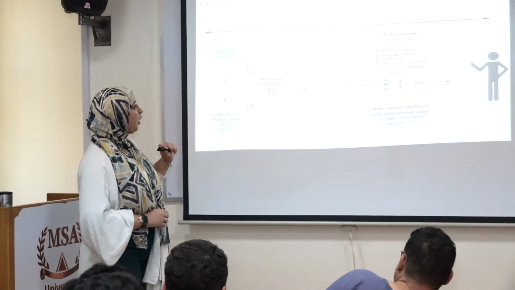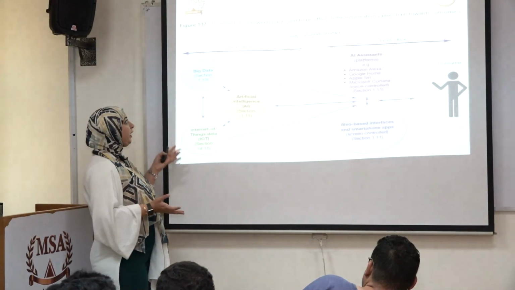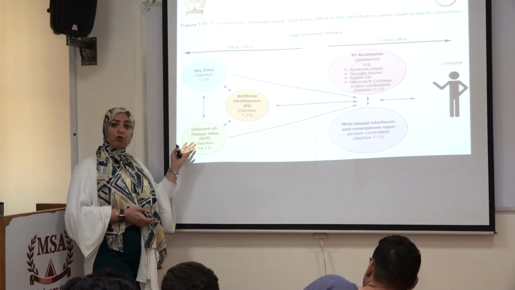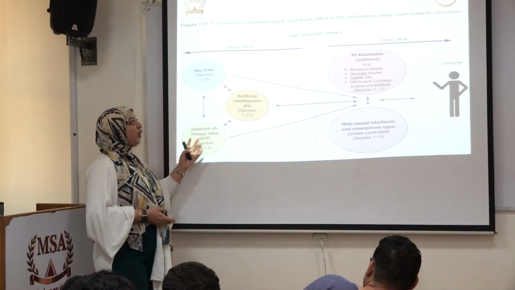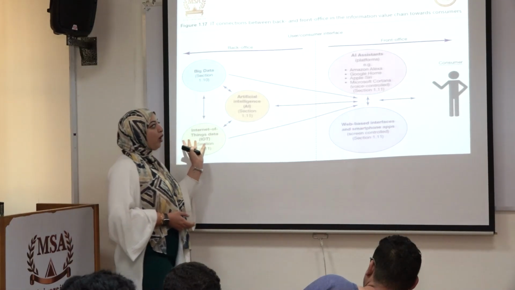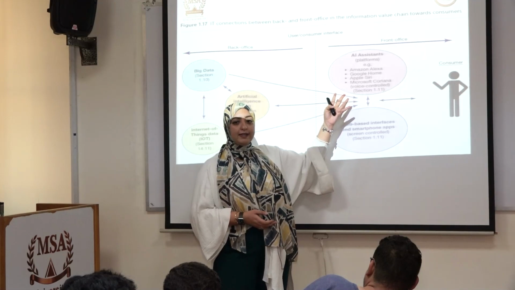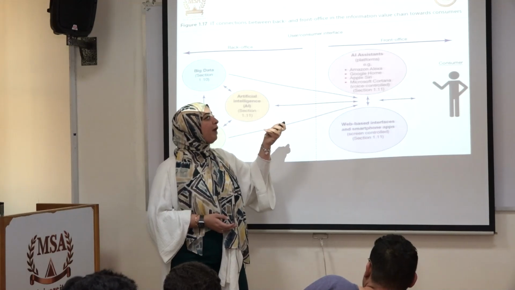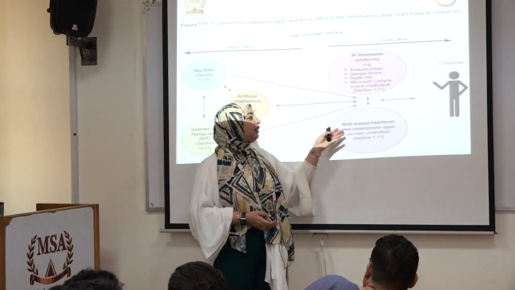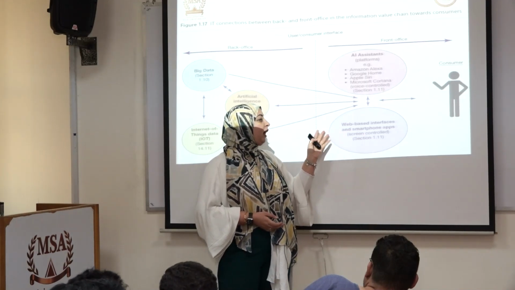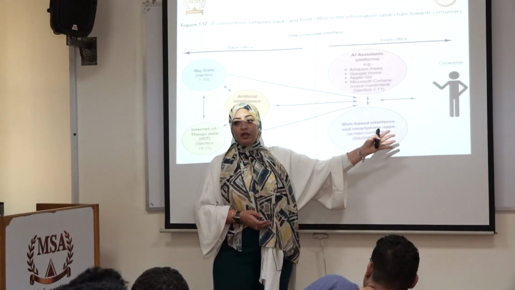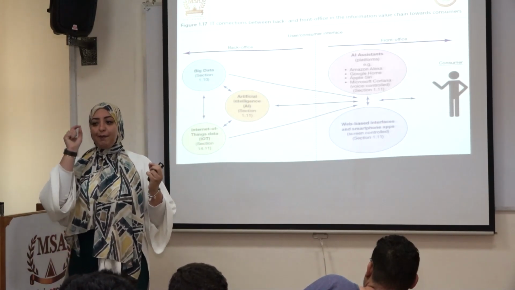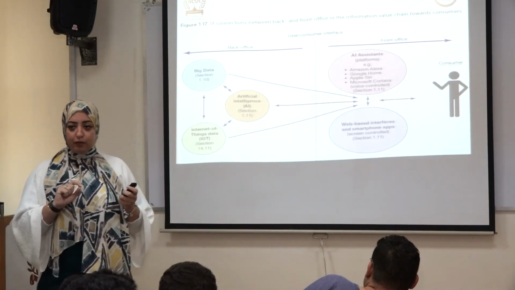Here, as you can see, we have a figure where the big data section, the artificial intelligence section, and the Internet of Things, which is called the IoT data section, all interact together in order to communicate to the front office, which are the AI assistants, tools that we know nowadays: Amazon Alexa, Google Home, Apple Siri, and Microsoft Cortana, as well as web-based interfaces and smartphone apps, in order to reach the customer efficiently. These all collaborate together in order to deliver a piece of information to our customers, okay?